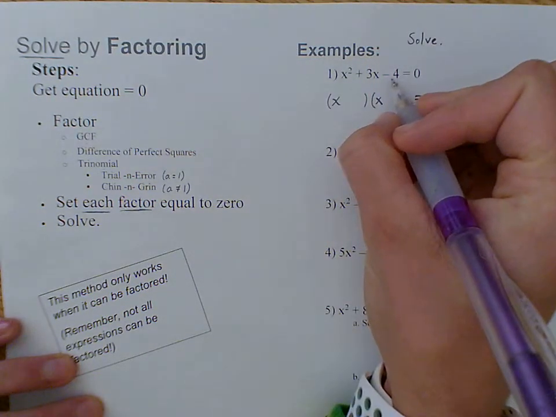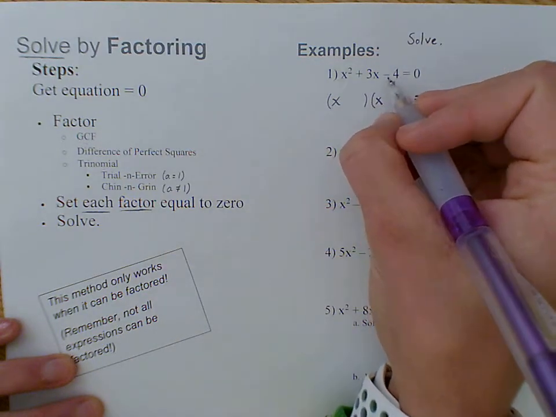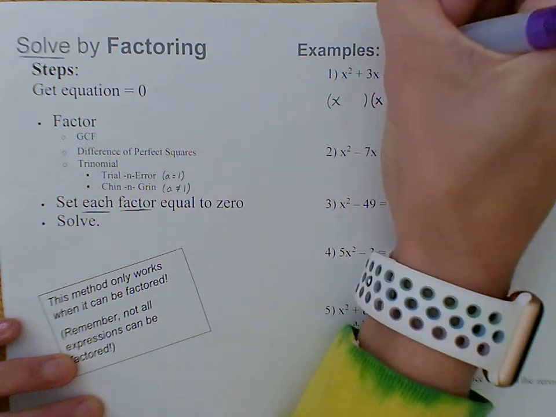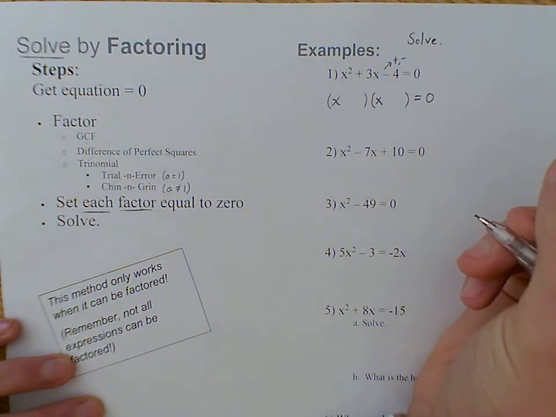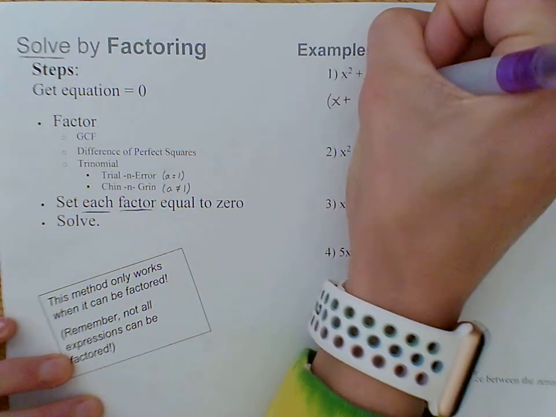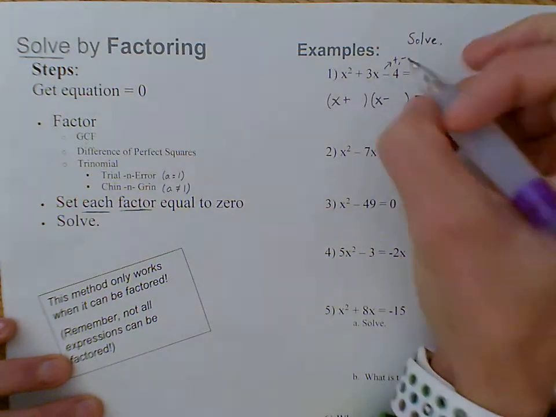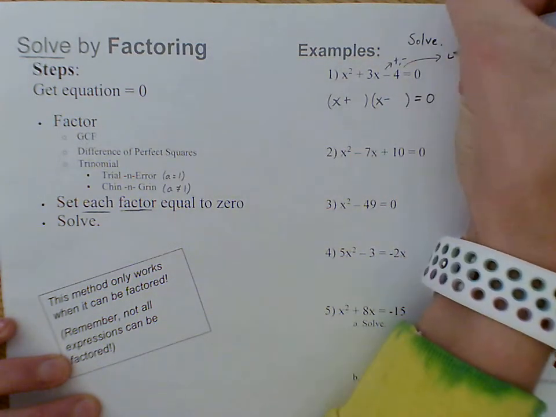And then remember with this, we look at our signs. So we start by looking at the last sign. And if it's negative, remember that meant our signs are going to be different. So that means one's going to have a positive and one's going to have a negative. And so because this is a basic one, I can actually go ahead and put my signs in there. And then I list out what's going to multiply to give that last term. So I've got 4 and 1,